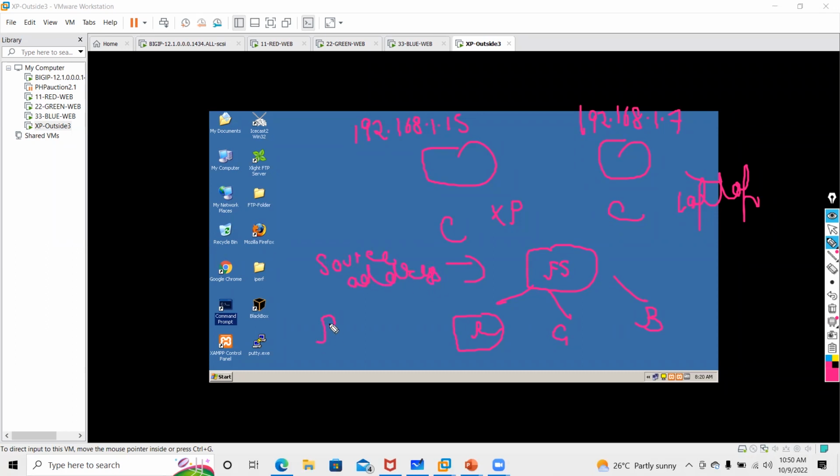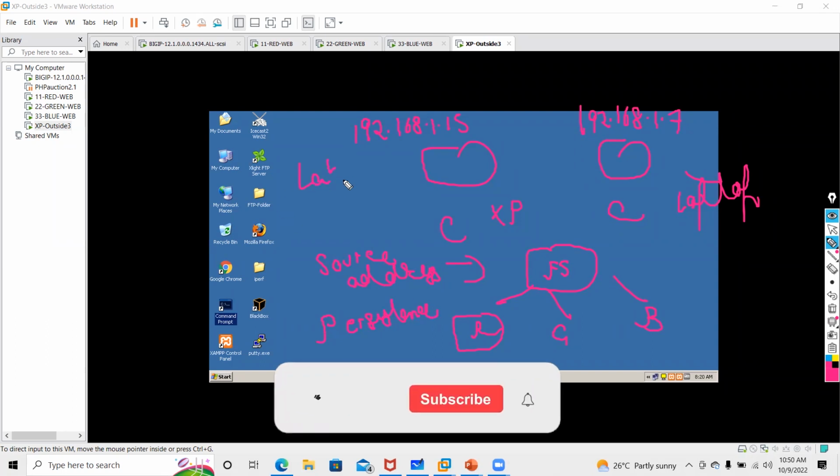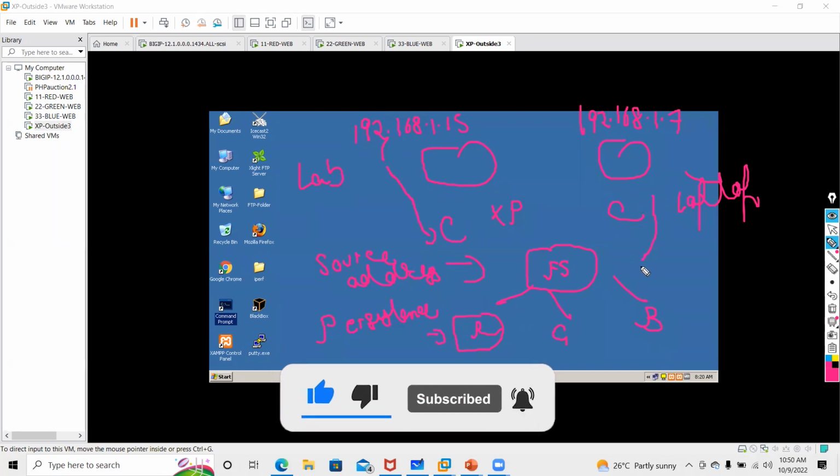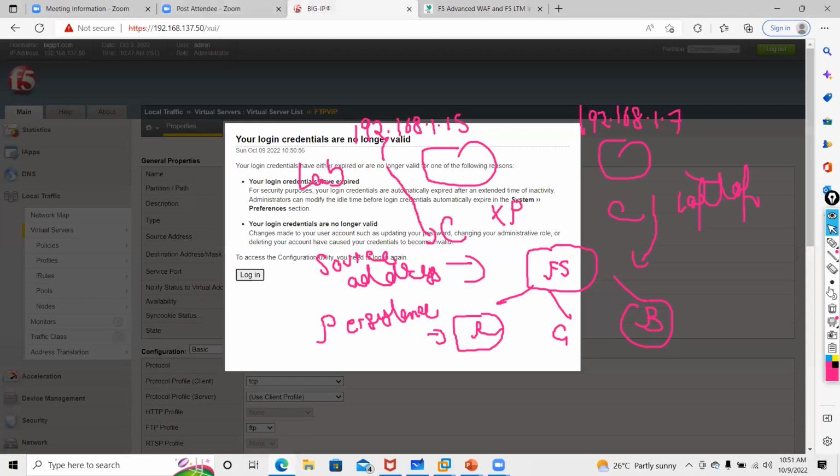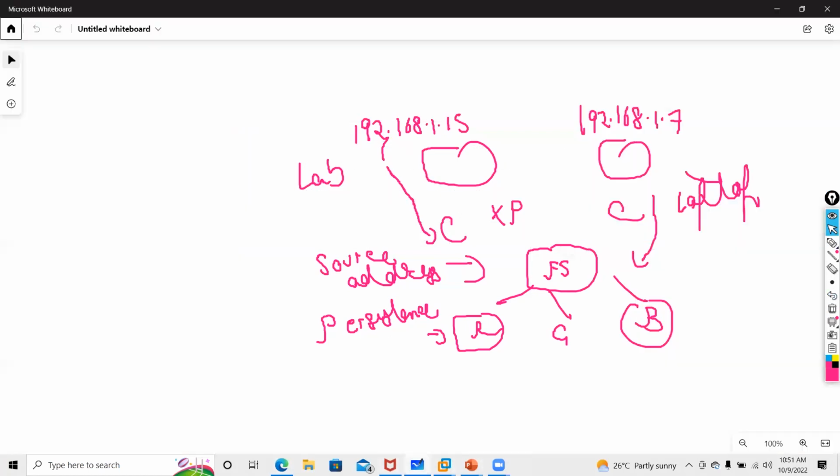Let's do a lab, and we will see that if one client connects to this IP, it goes to the red server, and if the other comes, it goes to the blue server. But here is one question. I will discuss that, but first let's do the lab. My question here is, guys,